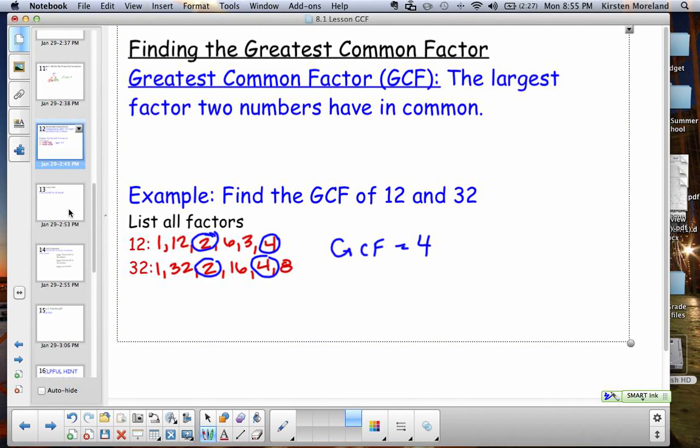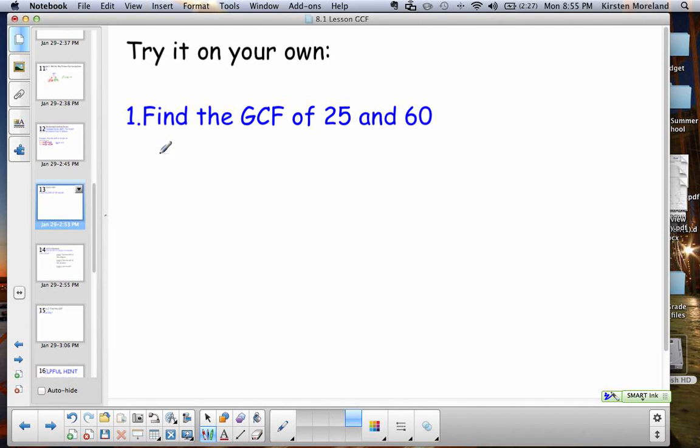Right, so I want you to pause the video on this next one and try it on your own, of 25 and 60. So write the factors of 25 and the factors of 60 and see which one is the largest. So I have 1 and 25 and 5 and 5. 25 is easy. I'm going to bet that it's 5 just because it's the only one of 25 really, but I